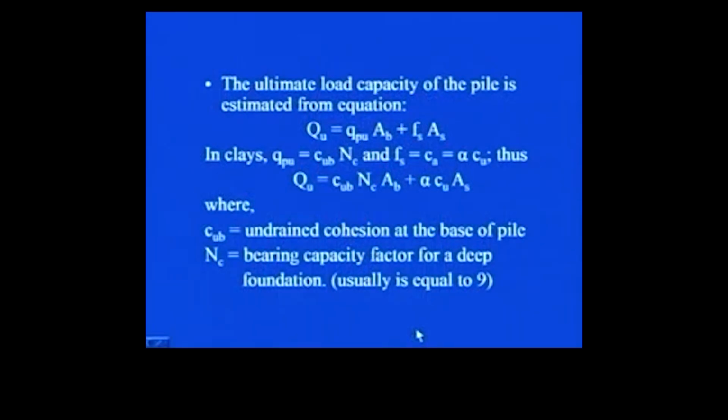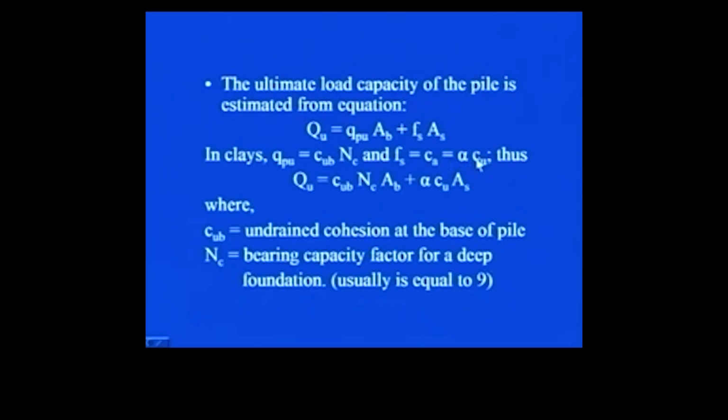So, we have to use this total stress approach. The ultimate load capacity of the pile is estimated from the equation. Exactly in a similar manner, this general equation is there, that is Qu is equal to Qpu, which is acting over the area Ab, which is the area of the base of the pile, plus fs into As. In case of clays, this Qpu is equal to Cub into Nc, that we have already discussed, and fs is equal to the adhesion between the pile and the soil, which is equal to